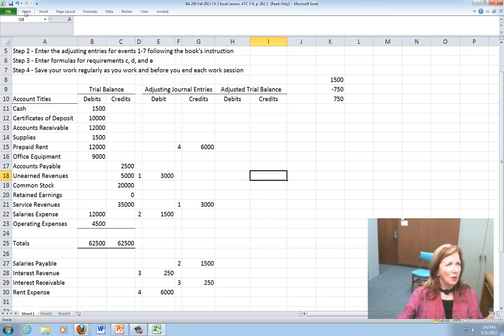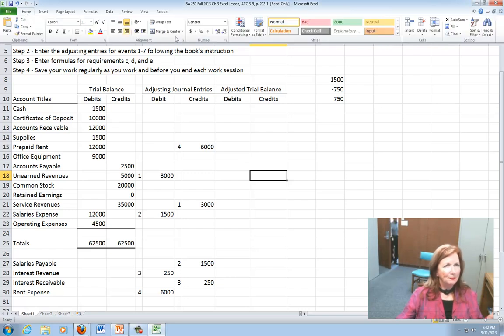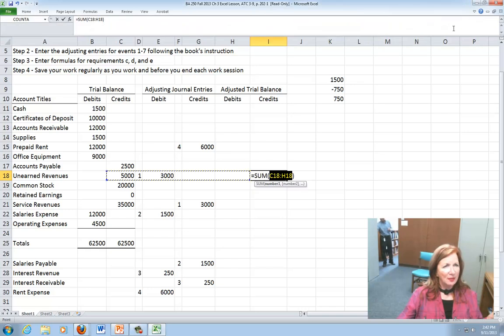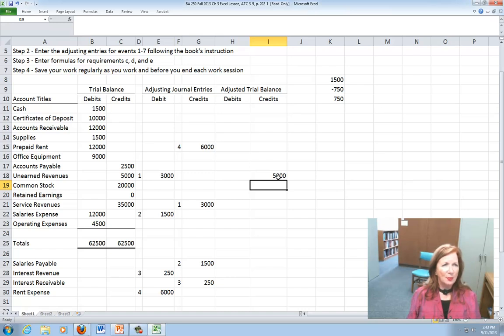Now I want to go to Home and to AutoFill, and it's going to reach across there and grab my transactions. And now at that point, I have to tell it the pluses and the minuses that I want. So instead of using the colon, what I have here is a credit and a debit. So I want to know the difference between those two numbers. So then I put it in,